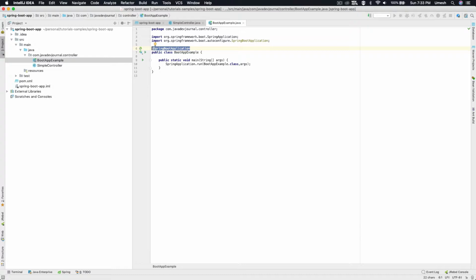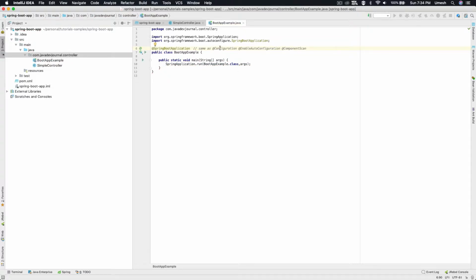In short, this annotation is a combination of three different annotations. If I want to put it in a different way, this is nothing but a combination of @Configuration